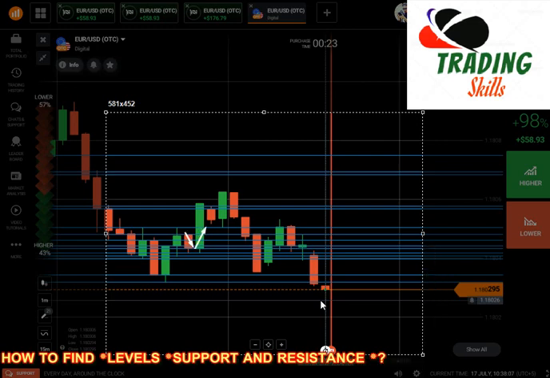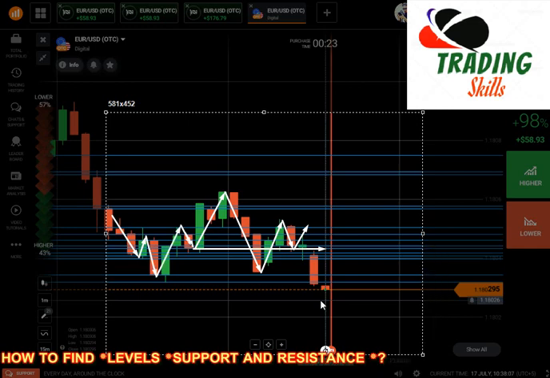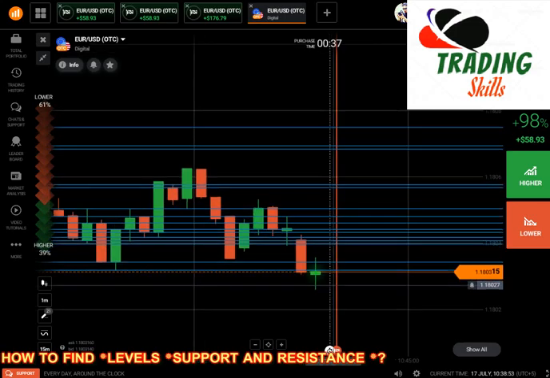Market came down, went up, came down, went up. Okay, again it is coming down, closing exactly at the level, again went up. So this is your head and shoulder pattern. You can see here market went up, came down, again went up, again came down. If it goes up, it will be your next head and shoulder pattern. So you are getting the